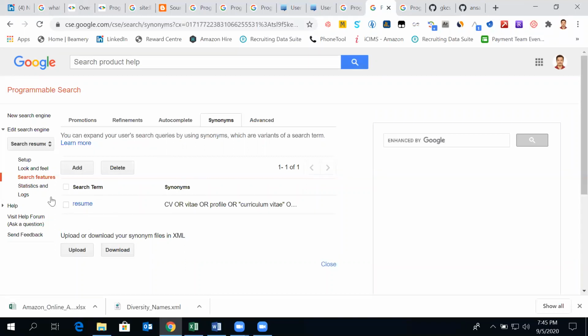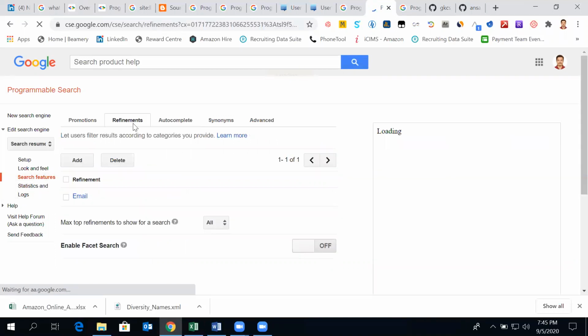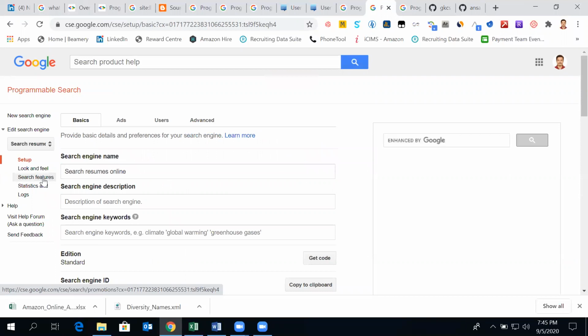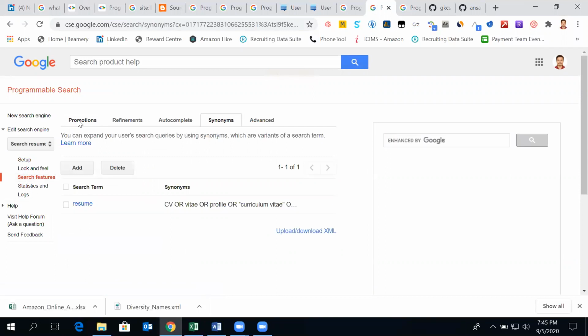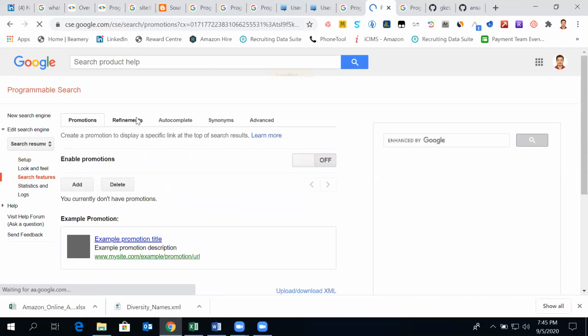So here we have given search features. As I mentioned, for each term we have synonyms also. You just have to go to the search features, promotions, you remove. Don't worry about the promotion.